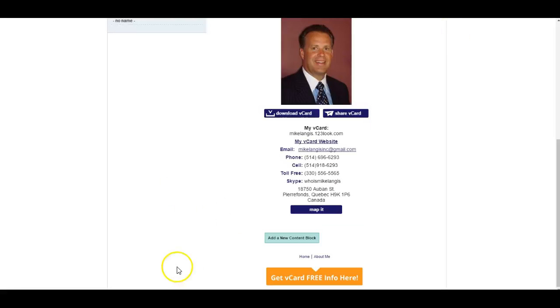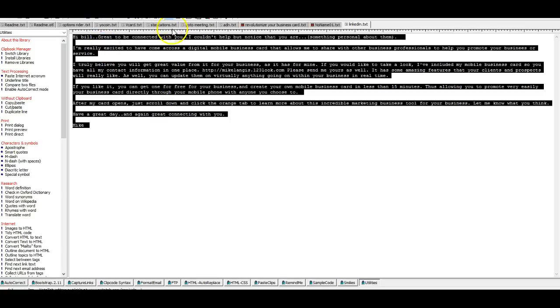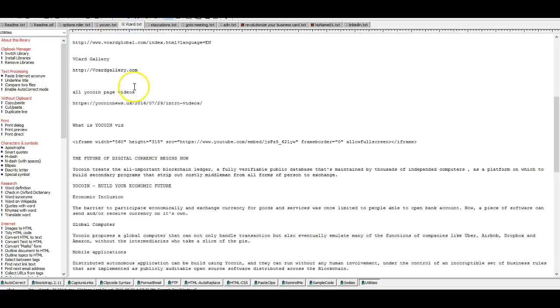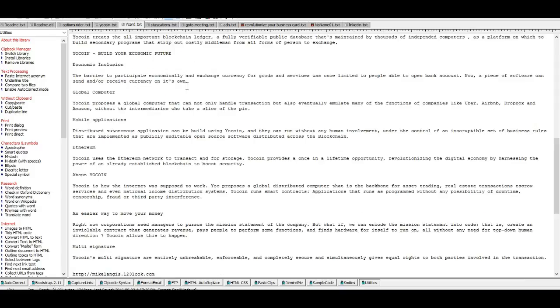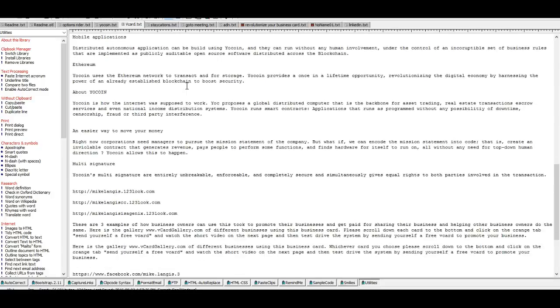So here's what I would do. I would go over to VCard and just pick some information that you want. You just go find the information you want. An easy way: this is a cryptocurrency company that I'm following. Rather than go looking, I'm just going to show you how to put some content on there. So basically what I would do is take this,